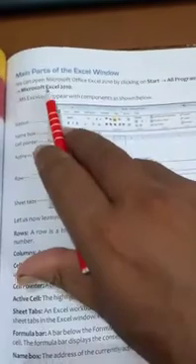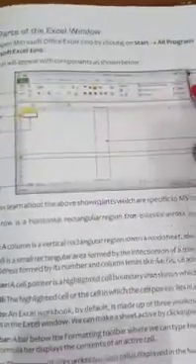Main parts of the Excel window. We can open Microsoft Office Excel 2010 by clicking on Start, All Programs, Microsoft Office, and then Microsoft Office Excel. When you open it, this type of window will appear on the screen. This is the title bar, as you know, and these are the ribbons in which various types of components are available. This is the name box. This is the formula bar. Look here, this is the formula bar where we can type a formula.